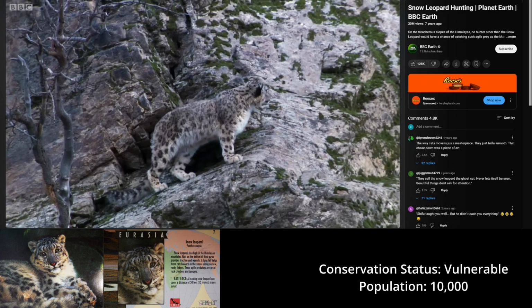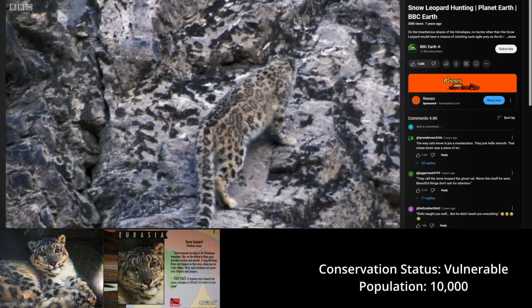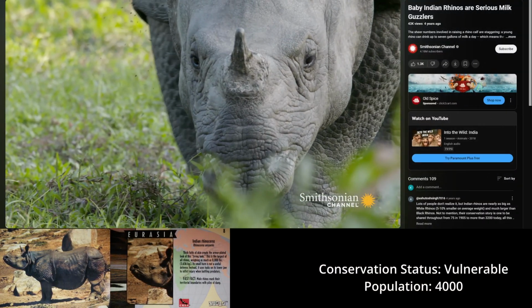In the world of the snow leopard, every move is a marvel of nature's design, every leap a testament to its strength and grace. Indian rhinoceros,